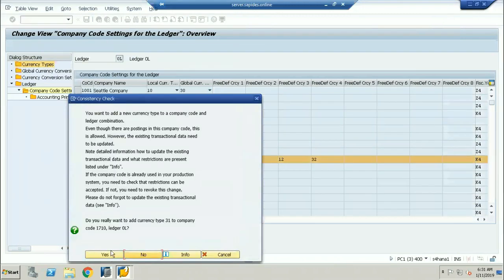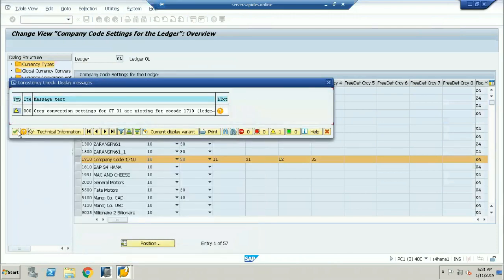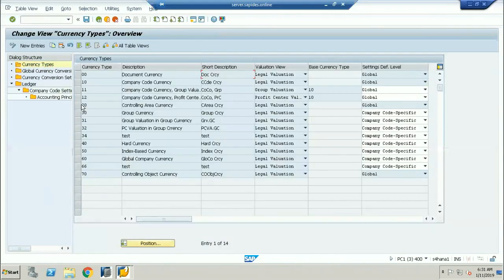So 11, 12, 31 and 32. 11 is called the company code currency with a group valuation. 12 is going to be called the company code currency with a profit center valuation.